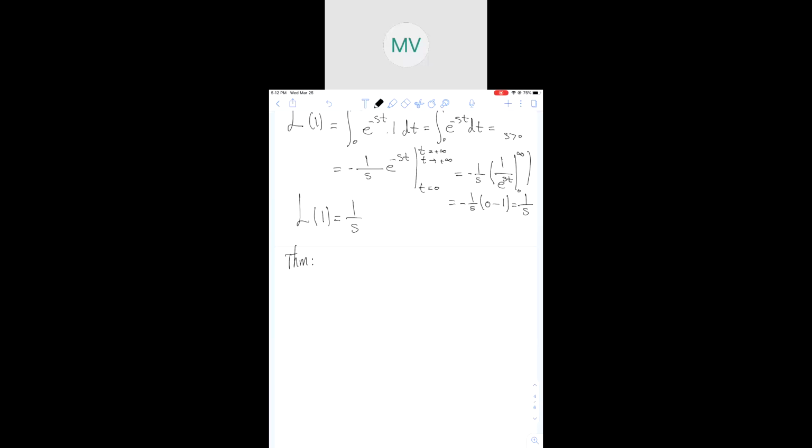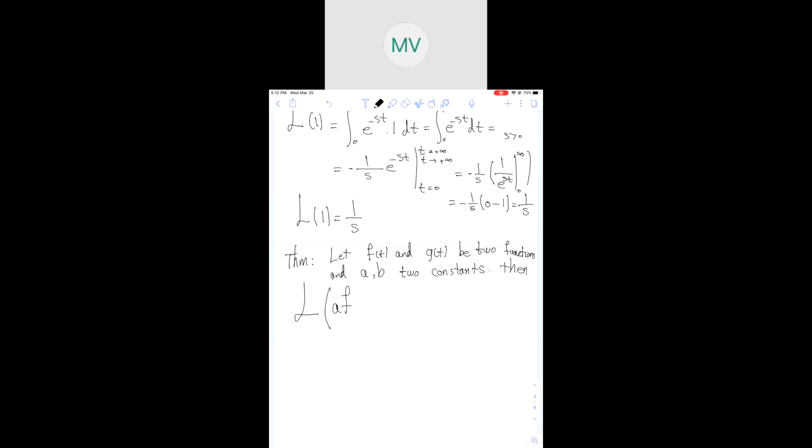I'm not going to write down the details. Just let f of t and g of t be two functions. In fact, I can extend it to any number of functions. Two functions. And let a and b be two constants. Then